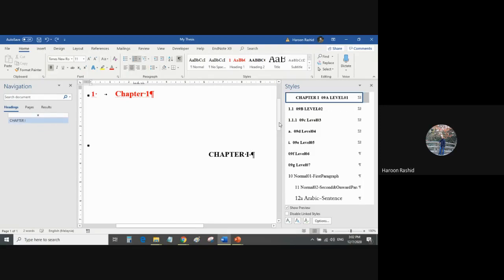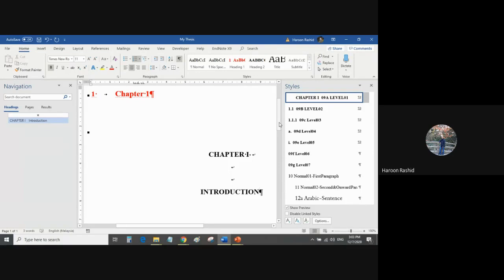So what we want at chapter 1 is to give the label of this chapter. So you have to hold the shift key for some time and then press enter 3 times. 1, 2, 3. After pressing 3 times, now you have to write the title of this chapter. In my case, my chapter title is Introduction, and probably the same for you also, because this is our first chapter, or the equivalent word in the BM thesis. So once you write it, now you can press the enter key.